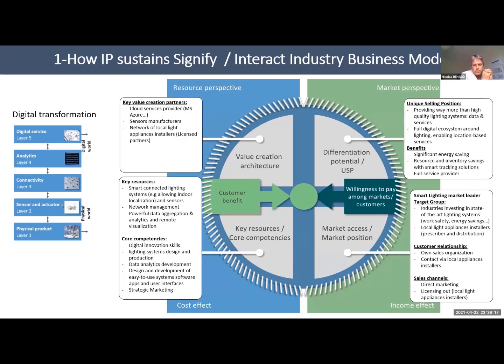So deep diving into the business model of Signify, we had a look at this specific application of Interact Industry, where the key value creation partners are first the cloud services, like Microsoft Azure, which would be a key partner. Of course, the sensor manufacturers are key partners, so that sensors can be integrated into the light bulbs. And also, at the end of the chain, we thought a network of local light appliances installers are good key value creation partners, because those people will be installing those